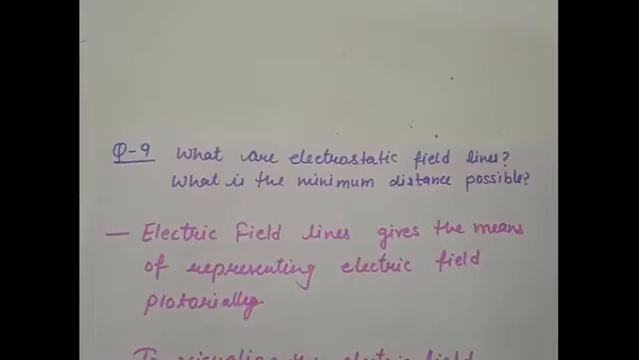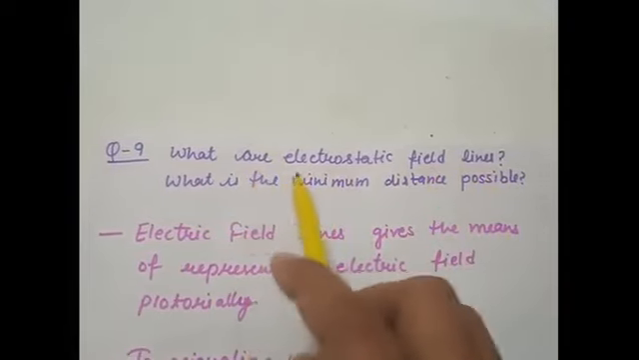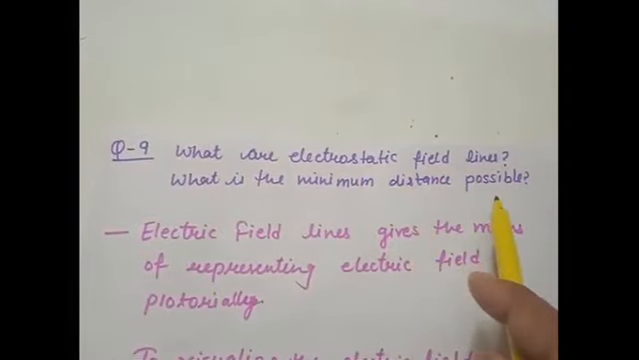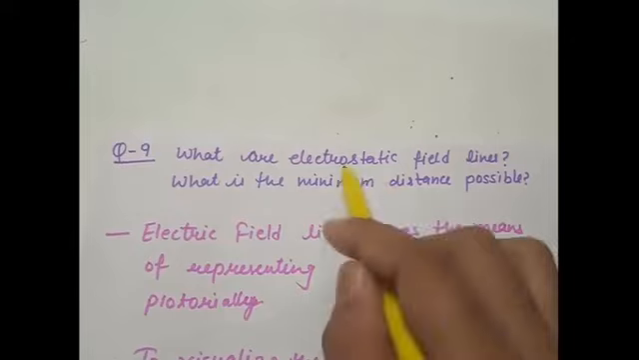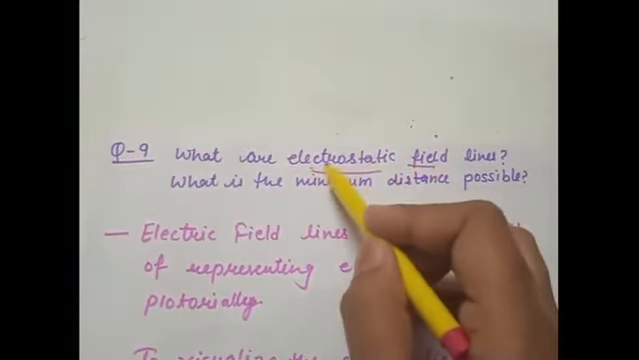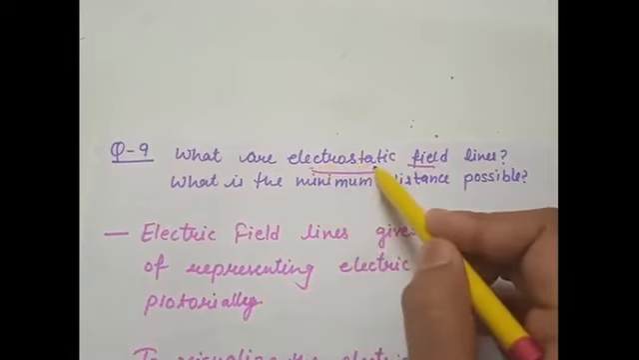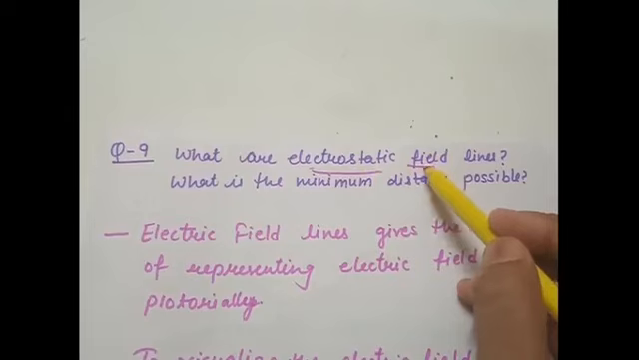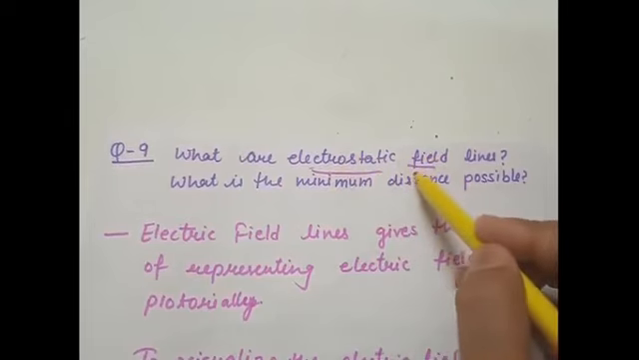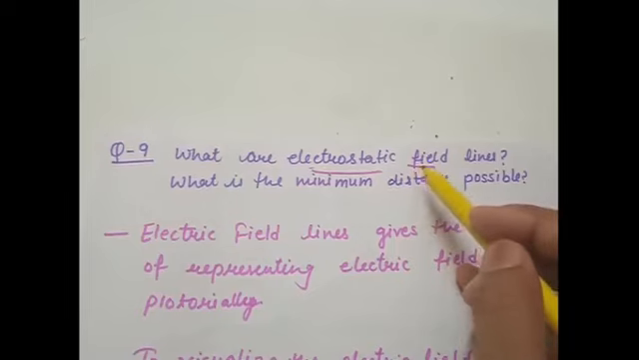Question number 9 is, what are electrostatic field lines? What is the minimum distance between them? So first we have to understand what is electrostatic field. What electro means is electrons, or you can say the charge. Static, at rest. Field, a space or a region. So electrostatic field is basically a space or a region around the static charges,